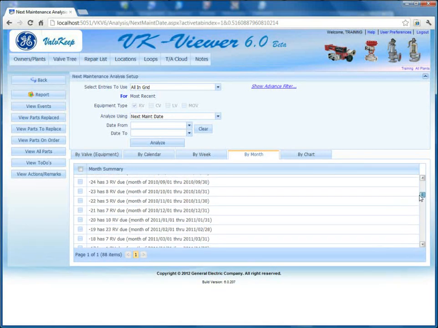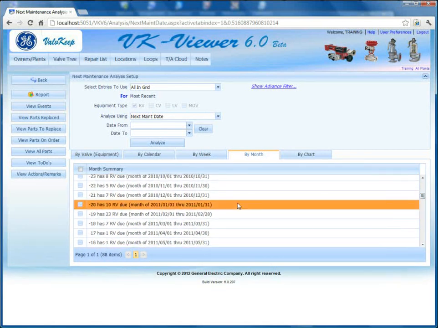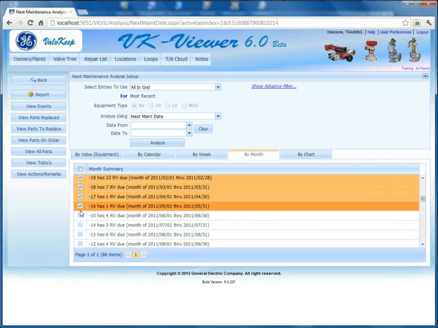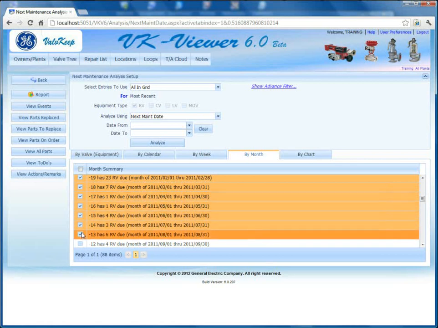So as I scroll through the list of months, what we'll see, for example, here is 20 months ago, there were 10 relief valves due, and that was the month of the 1st of 2011. So January of 2011, there were 10 valves due. So if we wanted to see all of the valves that should have been repaired in 2011, I can just scroll through the lists, selecting all of the months for 2011,